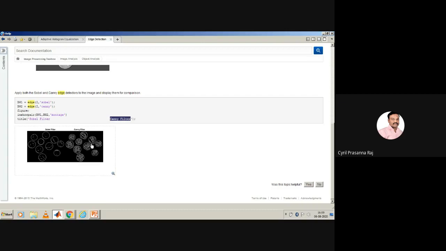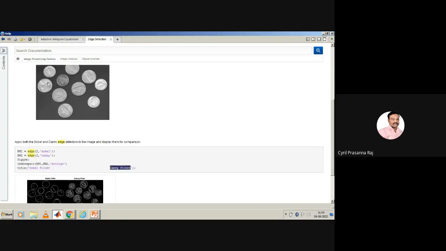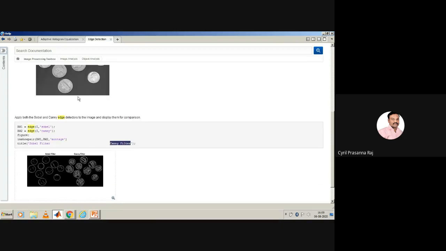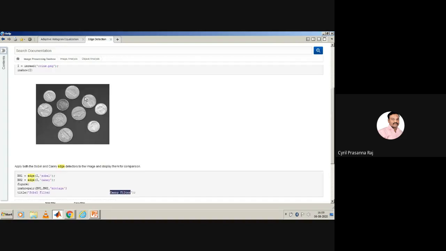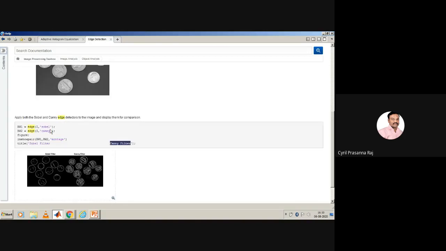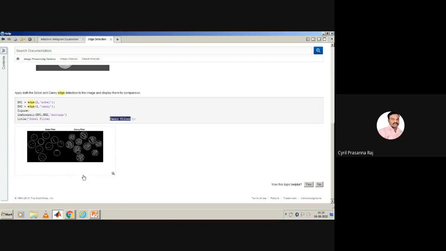Now if you observe these images, you find that within this coin there are further multiple edges available. The advantage of the Canny operator is that even those edges are detected by Canny, but those edges are not completely detected by the Sobel operator. So with regard to detecting circle-like features, the Canny operator is better than the Sobel operator. Now take a different image, wherein there are no circles or disks, and it may have vertical and horizontal lines. Then you have to say which is better, Sobel or Canny. You have to start experimenting with this process.